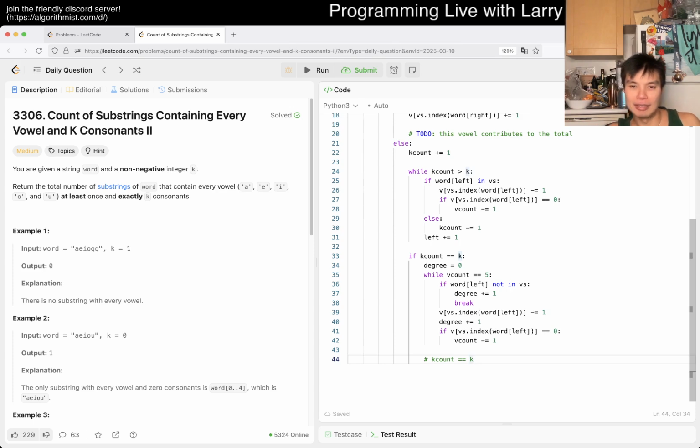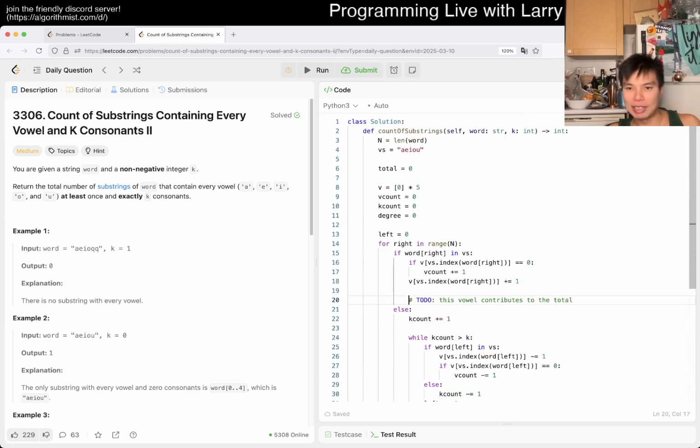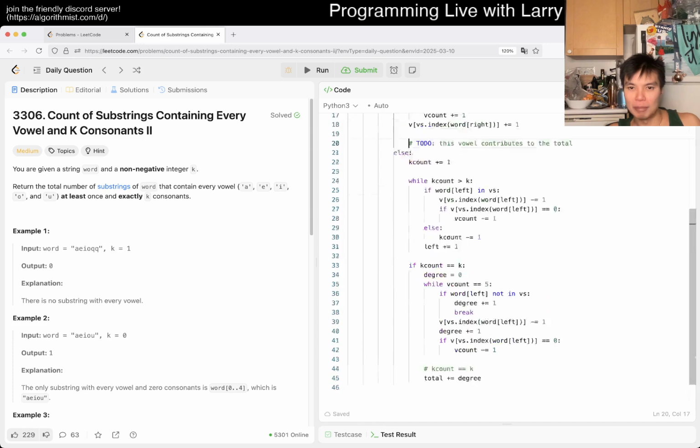Yeah, and degree is equal to whatever, right? So then now the degree of freedom, we just add it to total, and we are good. Else, if k count is less than k, I guess we just don't do anything really, right? Because we just keep on expanding anyway. So I think we're good here. And then now here, going back to this to do,